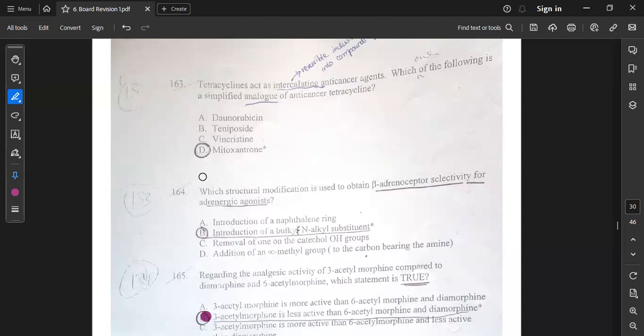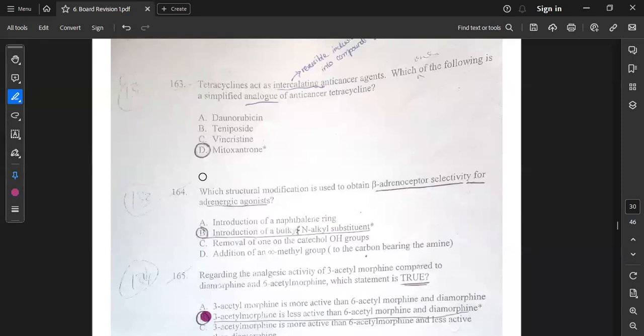So I've seen here substitutions on the terminal nitrogen, that the primary and secondary amines have good adrenergic activity, and tertiary amines and quaternary ammonium salts do not have adrenergic activity. So the nature of the substituents on the terminal nitrogen greatly affects beta 2 receptor selectivity and also beta